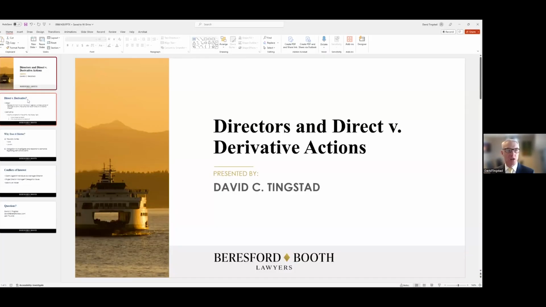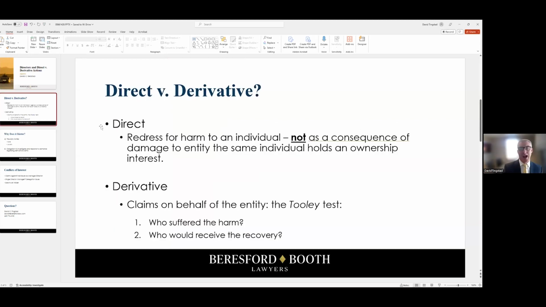First of all, I want you to understand the difference between the two. A direct action is something that is brought specifically against an individual. So let's say, for example, I make a representation that I promise certain things about our company directly to Bill, and those things are not accurate. That's fraud, misrepresentation. So Bill would have a direct claim against me for that misrepresentation,